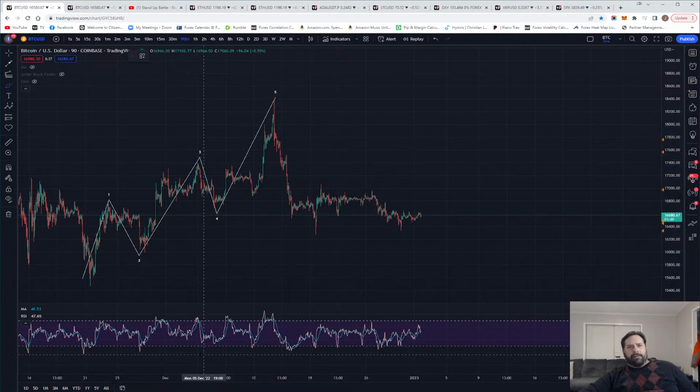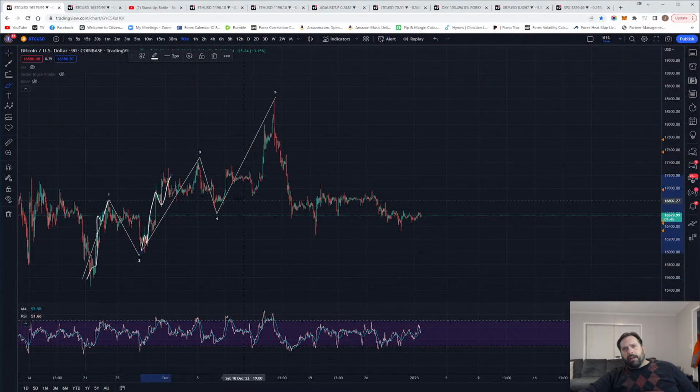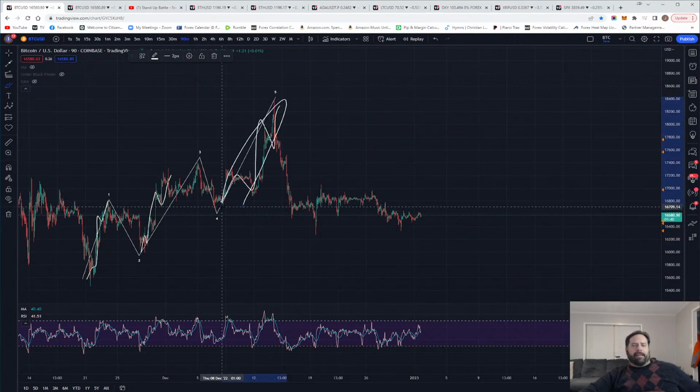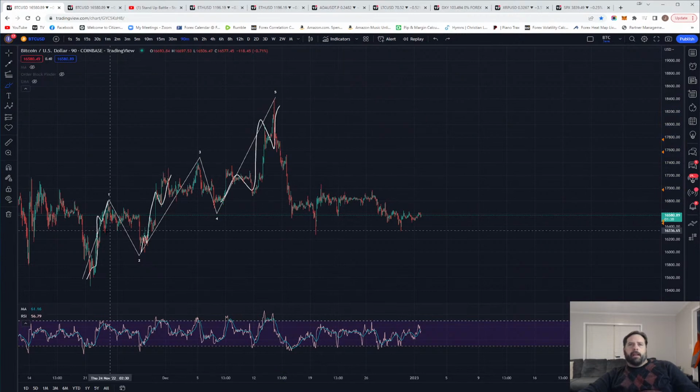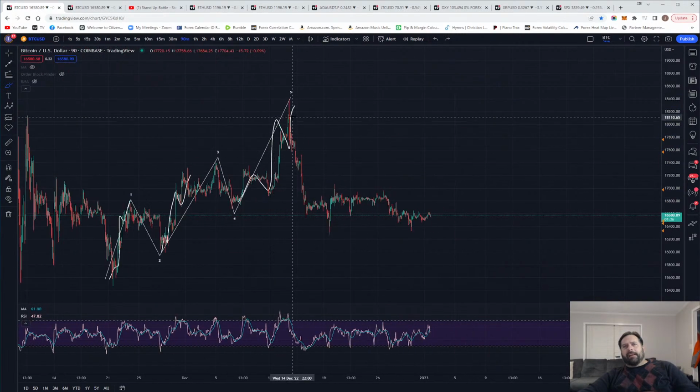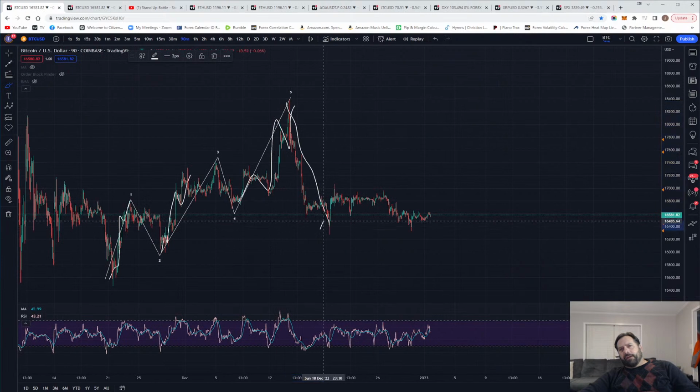And we got 5 waves in each. 1, 2, 3, 4, 5. 1, 2, 3, 4, 5. 1, 2, 3, 4, 5. I'm not a big fan of this wave, but it is what it is. Okay, and that could be some kind of a leading diag. And this is 5 waves off. We got A, B. I need C now to get up here,